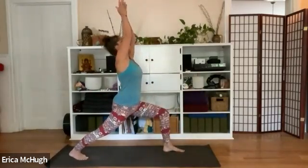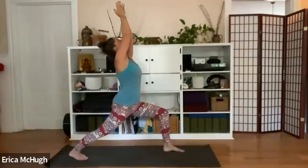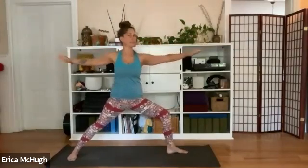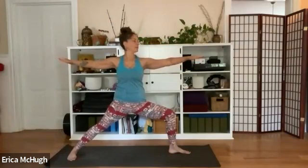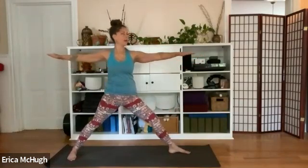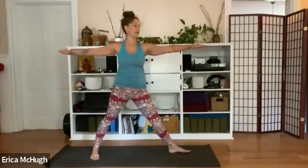plant your heel, raise your arms on an inhale, exhale 1, in, exhale 2, in, exhale 3 to warrior B, in, 1, in, 2, in, 3, inhale, straighten the left, exhale, heel toe the back foot in, inhale again,